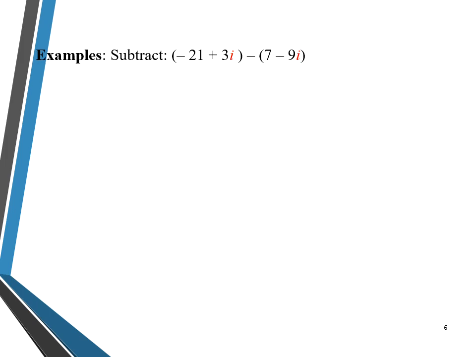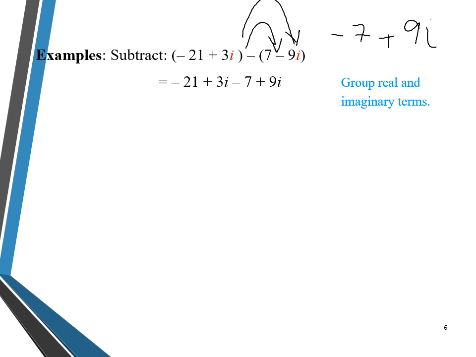Now we're going to do subtraction, but first of all, keep in mind, when we do subtraction, we have to distribute the negative sign. So negative 1 times 7, that's negative 7, and negative 1 times negative 9i, that's positive 9i. So we need to distribute the negative sign. Then we're going to group the real and imaginary numbers and write the answer